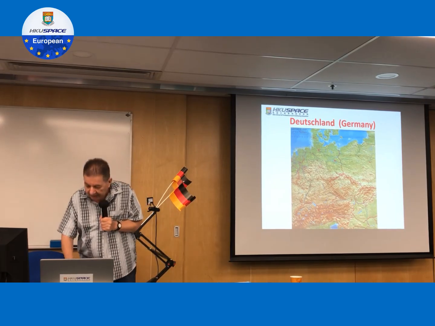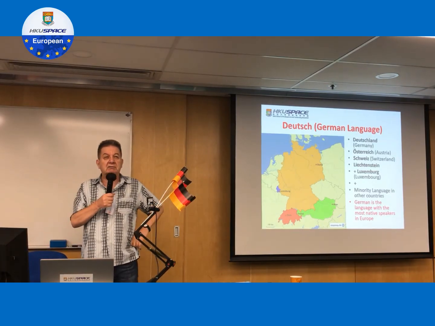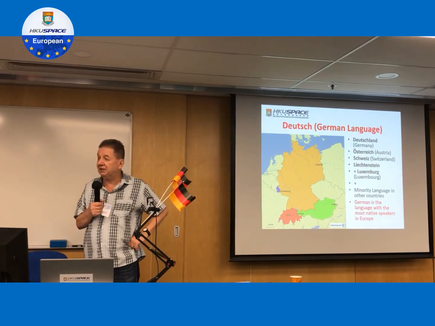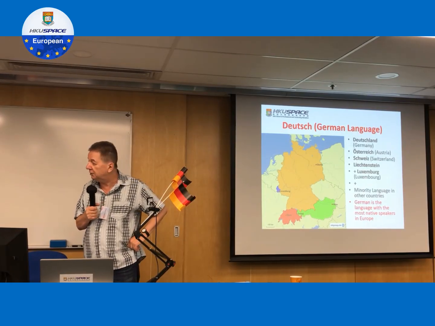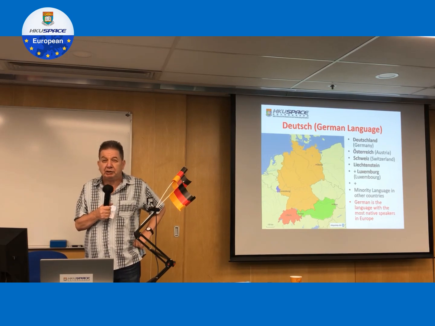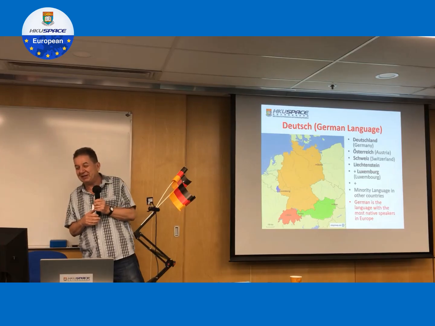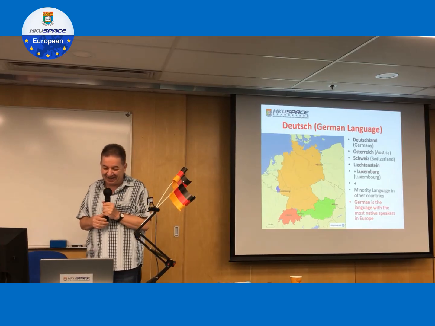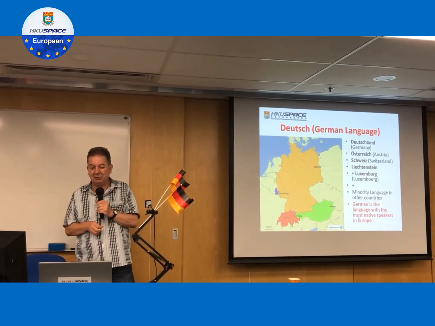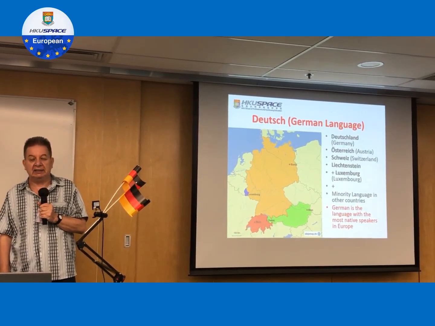Okay, let's go to the next one here, and we talk about, let's repeat this, Deutsch. So the language we are learning here in our class is Deutsch. It's not called German and it's not called Dutch. Dutch is the language spoken in the Netherlands only, right? Okay, now let's read the countries in which the German language is spoken. Deutschland. Österreich.